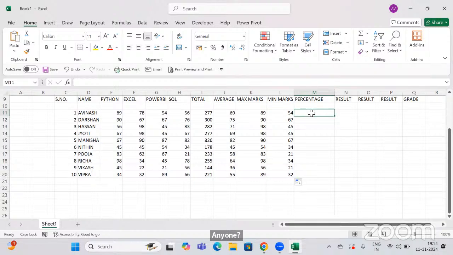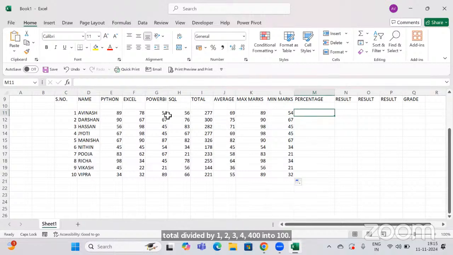Total divided by maximum? Total divided by 1, 2, 3, 4, 400, into 100. Okay, so total divided by